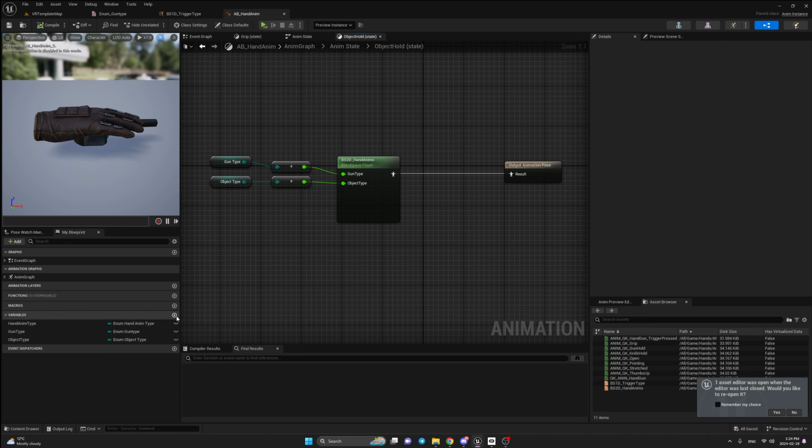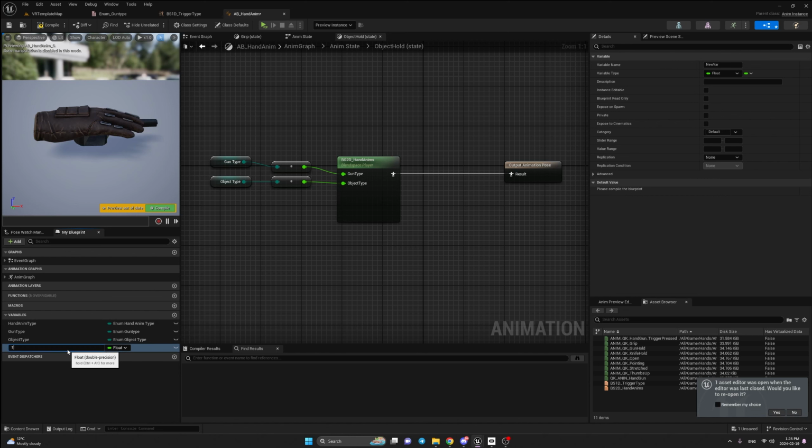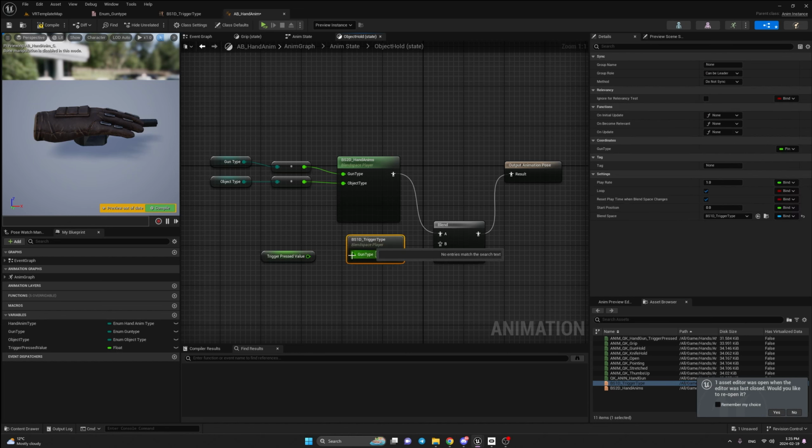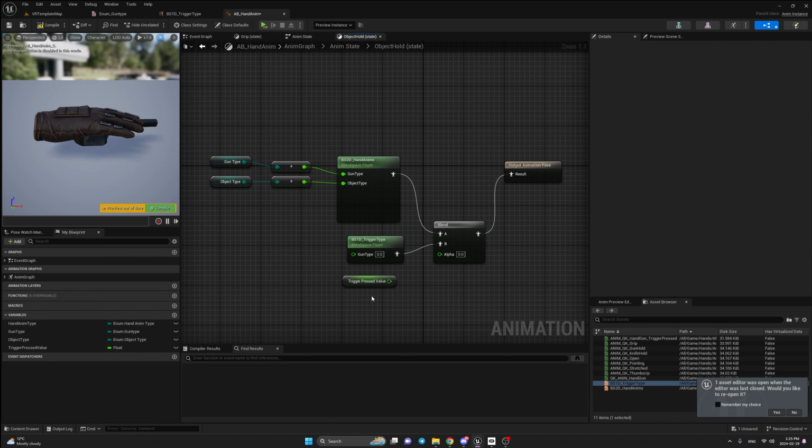But before doing this, we have to create a float variable that will represent how hard the trigger is pressed. So trigger pressed value. And by default, it's 0. Therefore, we're going to get it here. We're going to blend. And as input to our B pin, we're going to have our blend space 1D trigger type. As trigger pressed value is going to be alpha, meaning that our VRPawn, when we press a button,